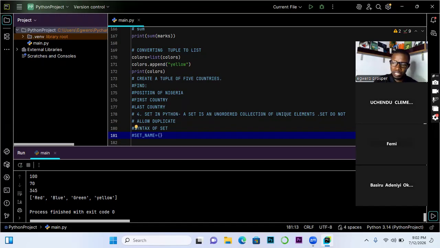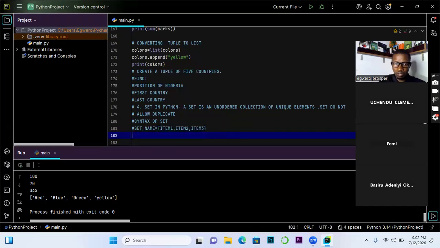Let's take note of this: dictionary and sets use the same brackets. What is the difference? Dictionary is a key value pair, 2 in 1. Sets use the same bracket, but a set only captures value. Set does not have a key. You go around, you see that all of them have their uniqueness, so we need to recognize them. The next one we can say item 1, item 2, then comma, item 3, and so on, right? So let's get the structure right.